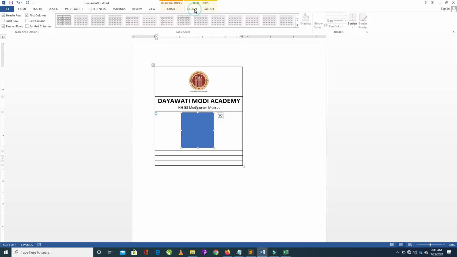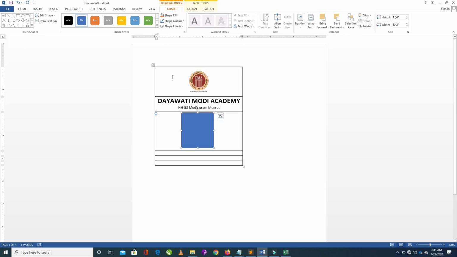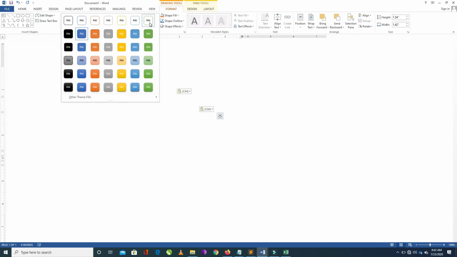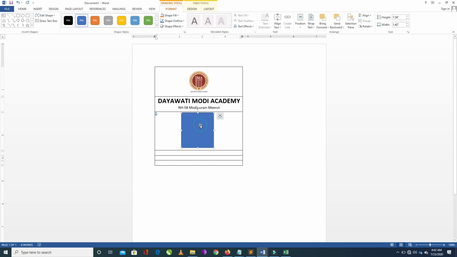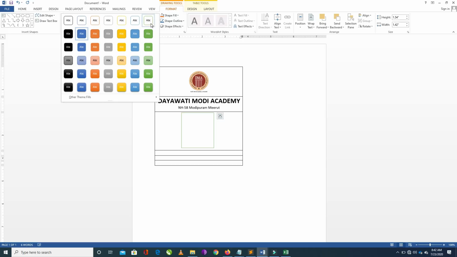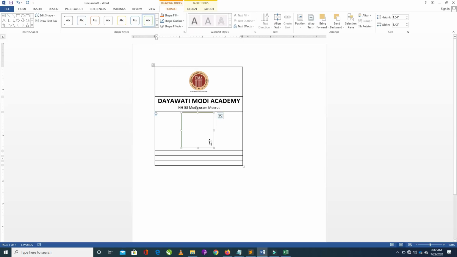I want the fill color to be transparent or white. So double click on this shape. You have Drawing Tools in Word. Click on Format, click on Shape Styles, and choose any one of the colors. So I am taking this.